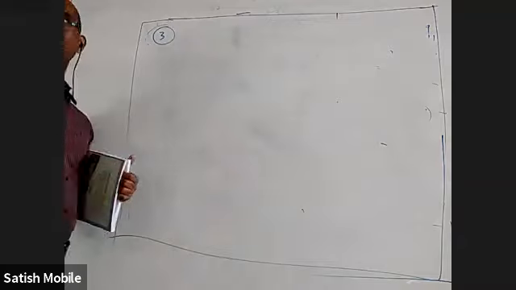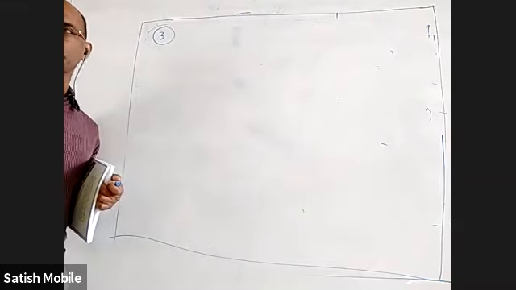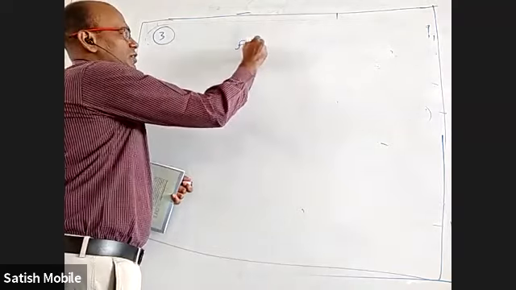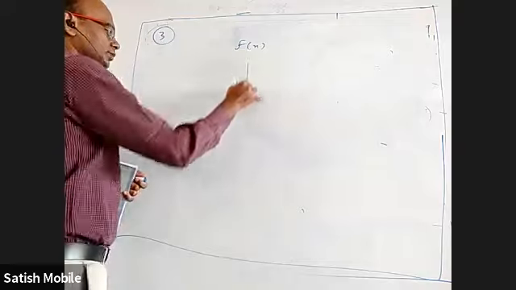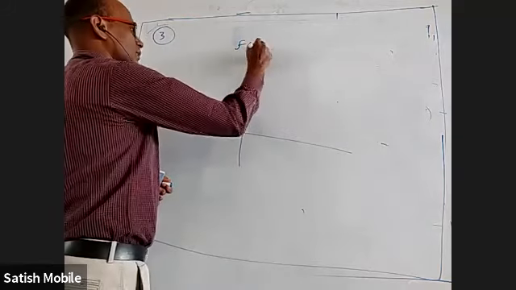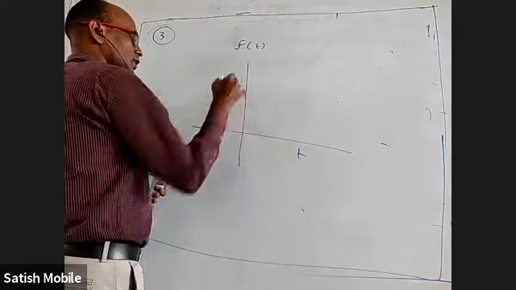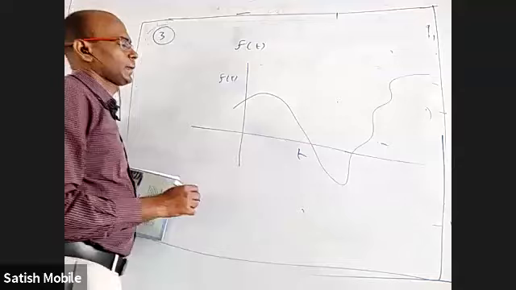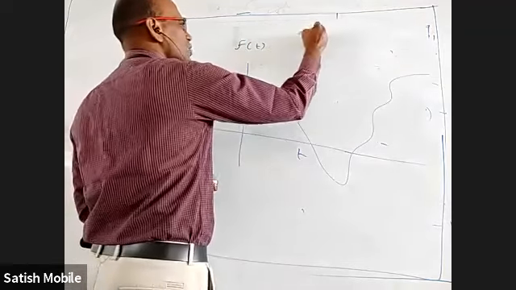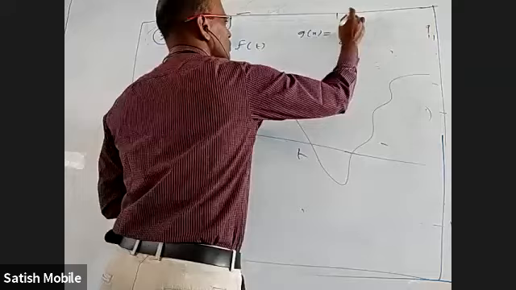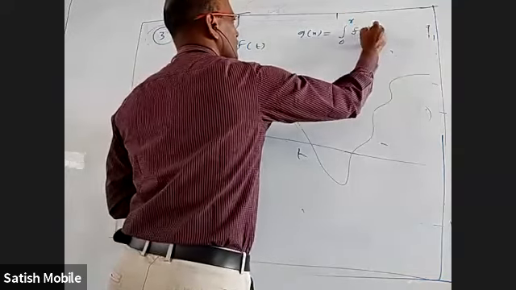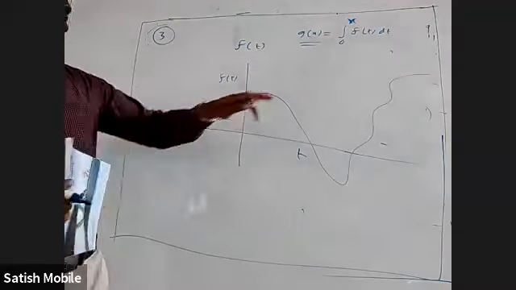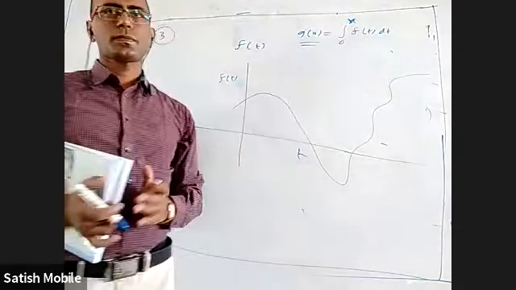Okay, before I explain the third question, let me tell one important point, a very simple point. If you understand it, it is very simple, otherwise it's complicated. I have some function, it doesn't matter what it is. Let us call the variable t, with t here and f of t here, some kind of graph like this. Now I want to define g of x as the integral from 0 to x of f of t dt. My definition of g of x is the integration of f from 0 to x.